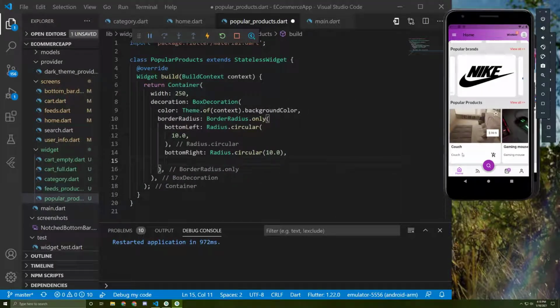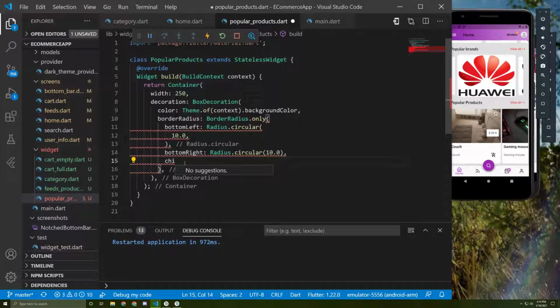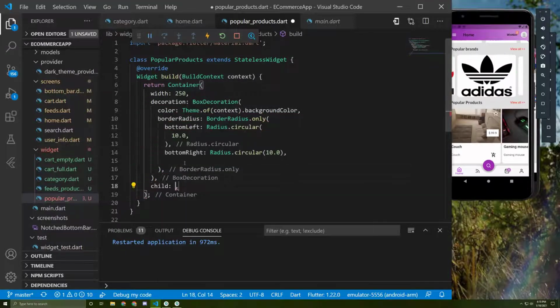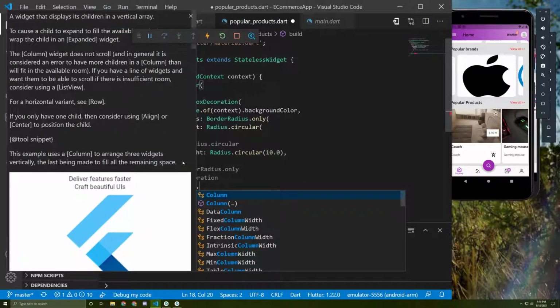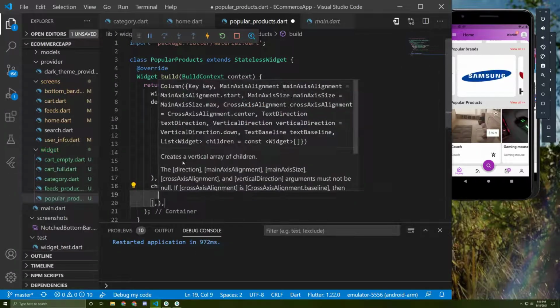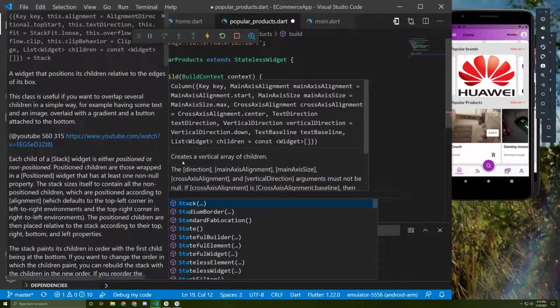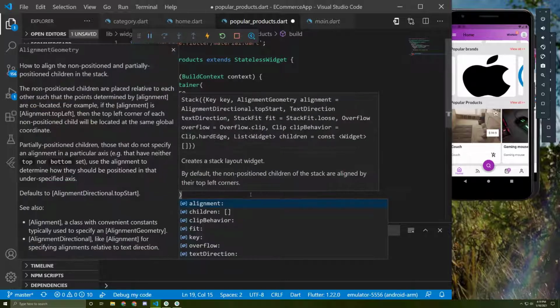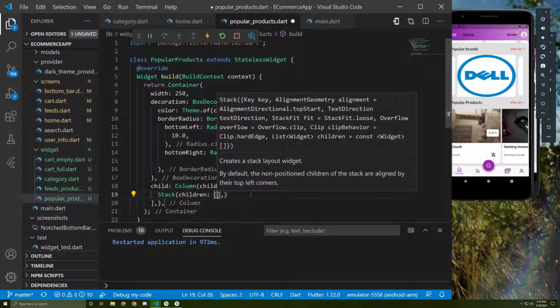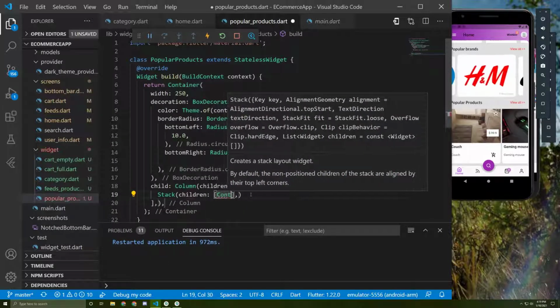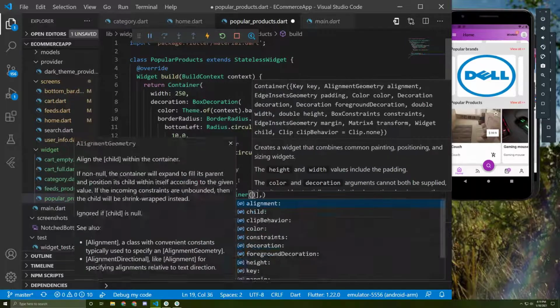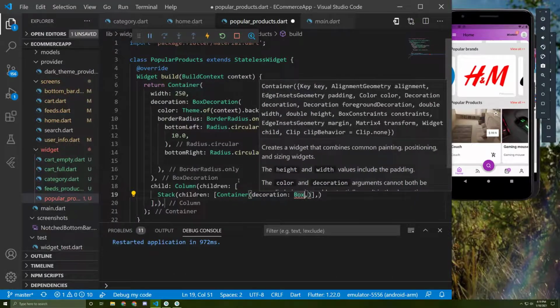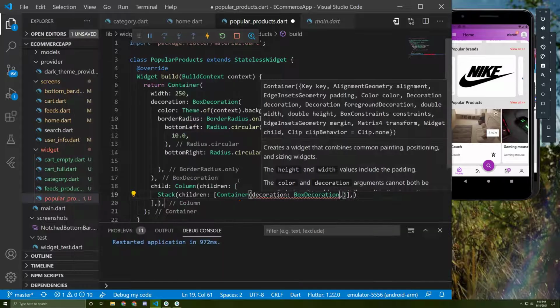Now inside of this container, let's initialize a column. For that, as a child, I will give it a column. First child will be a stack for the image and the price in here, and this icon over here. So let's give it children. First one will be a container for the image. I will give it decoration of BoxDecoration